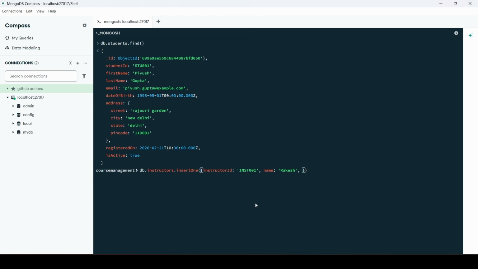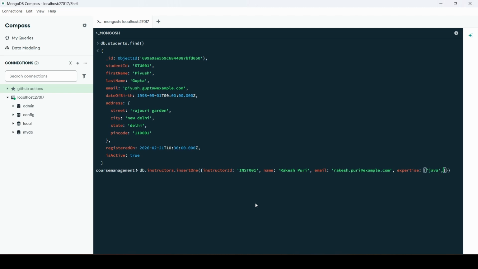Then email rakesh.puri@example.com. Now let us provide the full name, and we will mention the expertise: